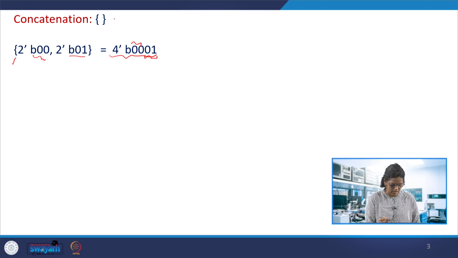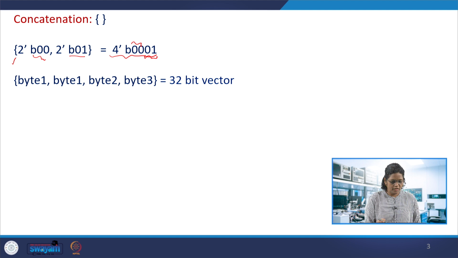It's a concatenation operator example, and we can even combine byte 1, byte 2, byte 3, byte 4. Byte 1 can have the number of bits which is specified, like if it is an 8-bit number specified already in the Verilog module. So byte 1 is 8 bits, then another byte 1 is also 8 bits, byte 2 is 8 bits, and byte 3 is 8 bits. So it is 16, and then plus 16 here, a 32-bit vector. It represents the 32-bit vector.